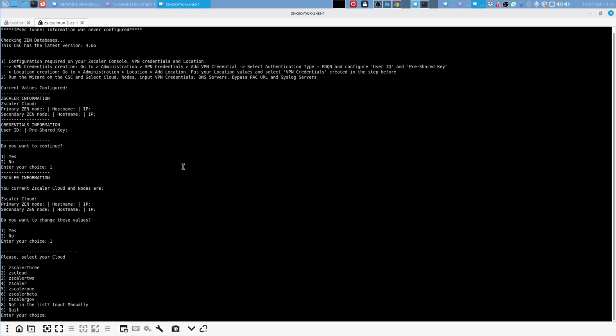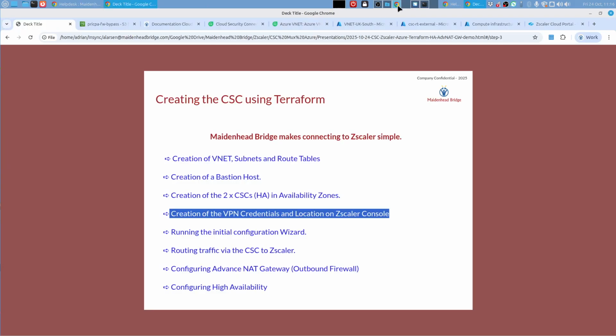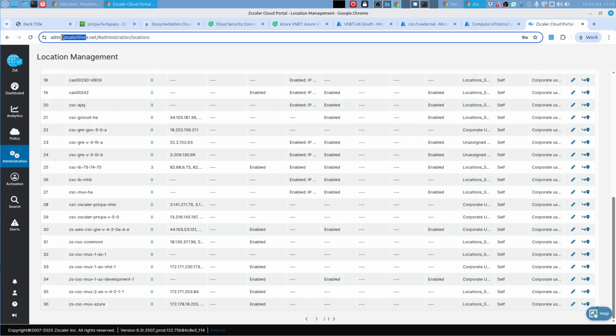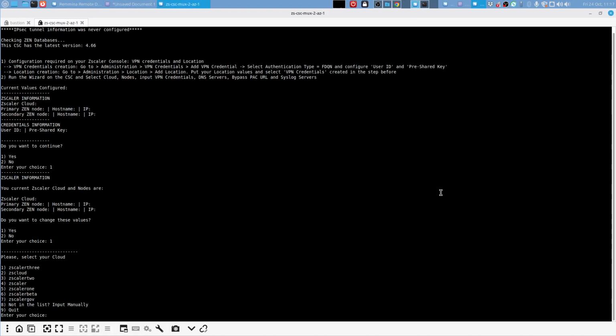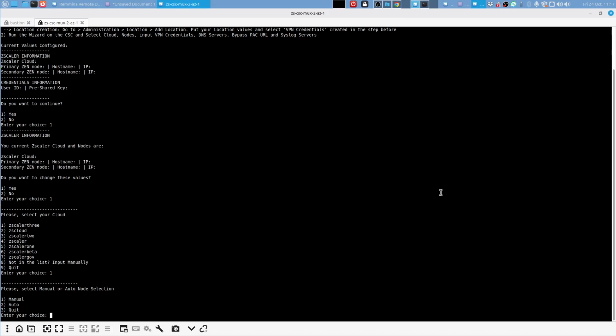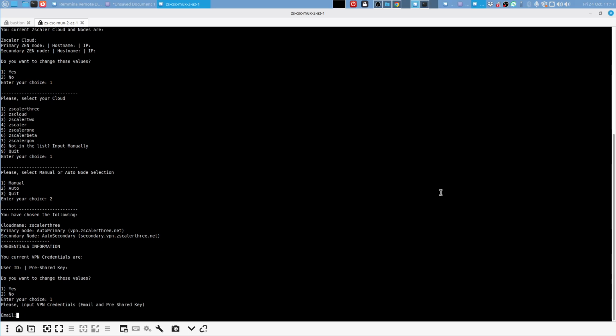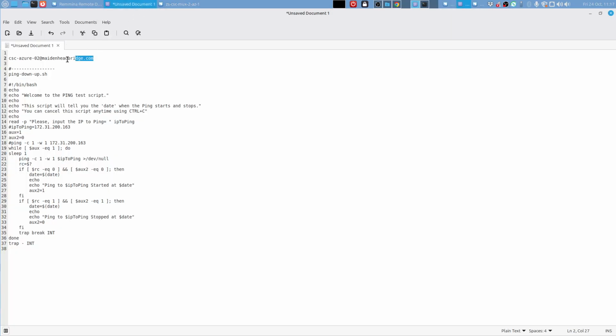In my case, my cloud is Zscaler 3. If you want to check your cloud, the cloud name is here: Zscaler 3. Number 1. I will select primary and secondary automatically. Do you want to put the VPN credential? The answer is yes. These are my VPN credentials